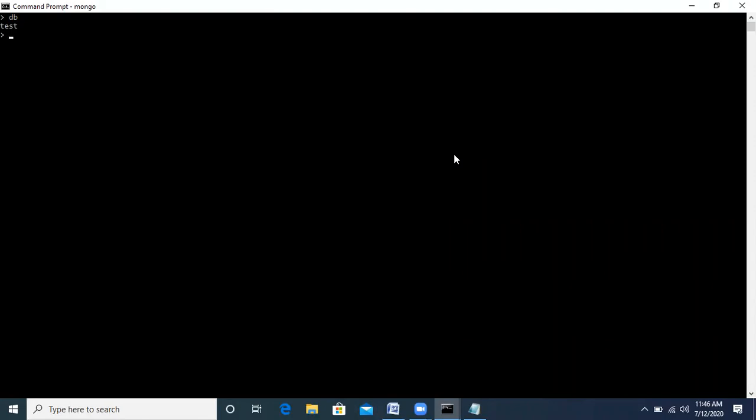It is in use. So if I write the command db dot dropDatabase, remember in this case, MongoDB is case sensitive. So I write db in small, drop in small, then D for database as a capital, because this is case sensitive. Press enter. Now see, it has given us the message: dropped test, ok 1. It means we have got the successful report for deletion of the test database. So it has been dropped.